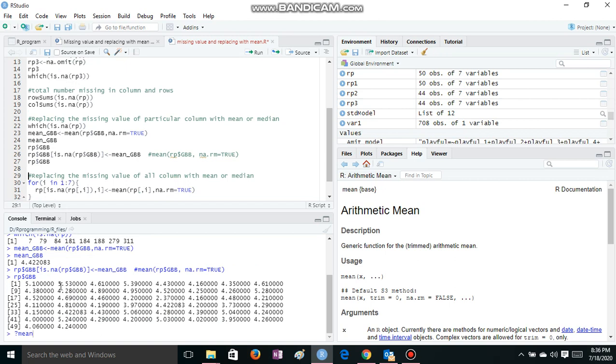So we had two such values which should have 4.42, right? So it has. We don't have any blank spaces now. We don't have any NAs existing here. No such values exist. All the NAs which were initially there have been replaced. You can see 4.42 here, right? So we had two such spaces, which have now been replaced by the mean of GBB, the same variable, the mean of the same variable.